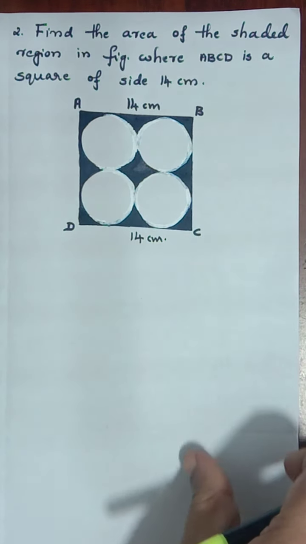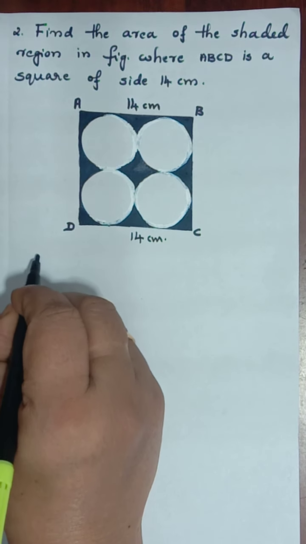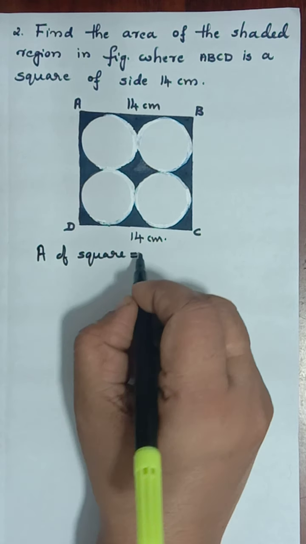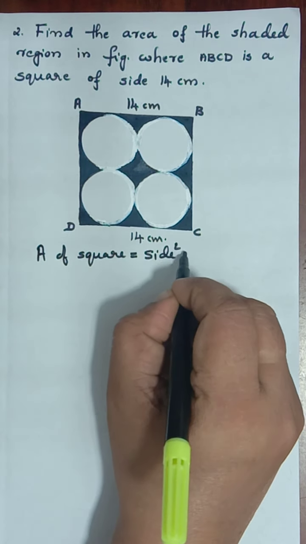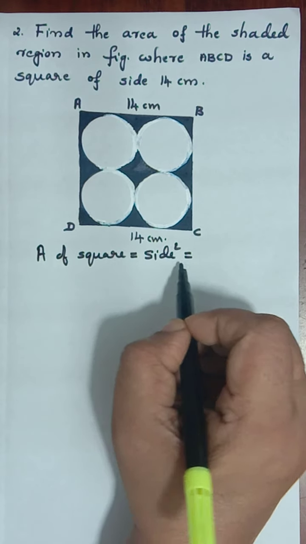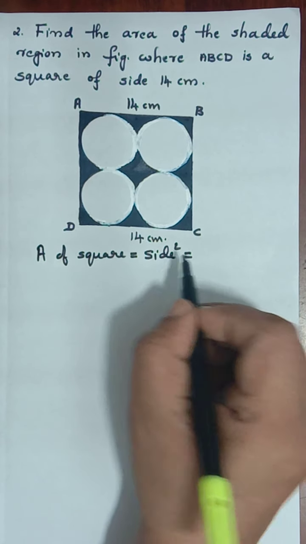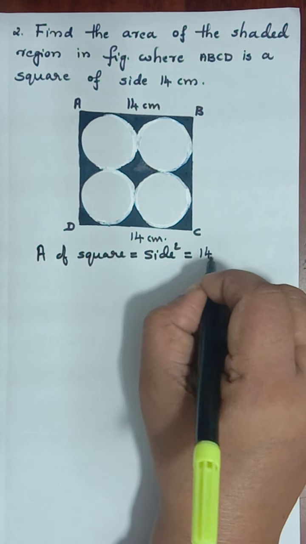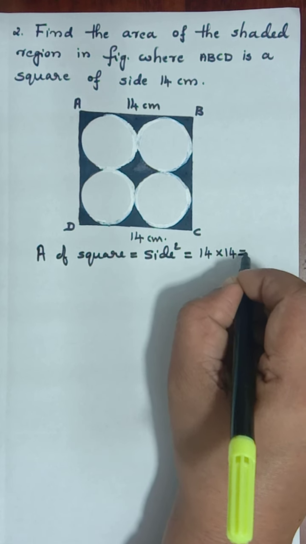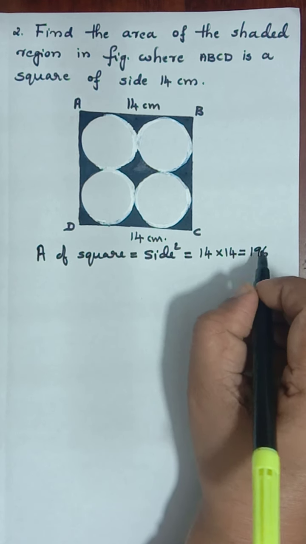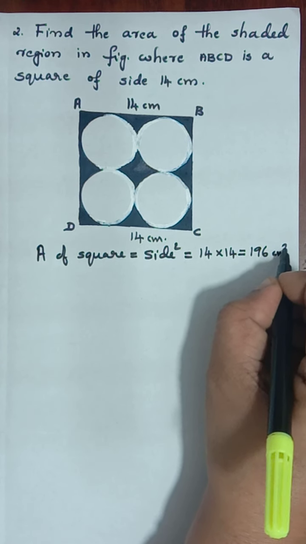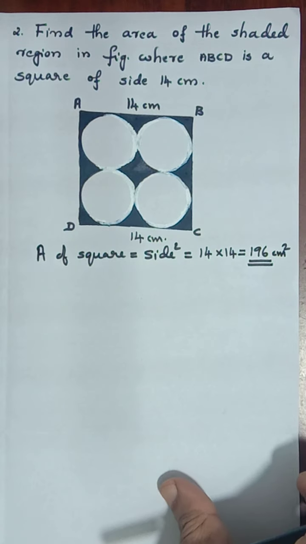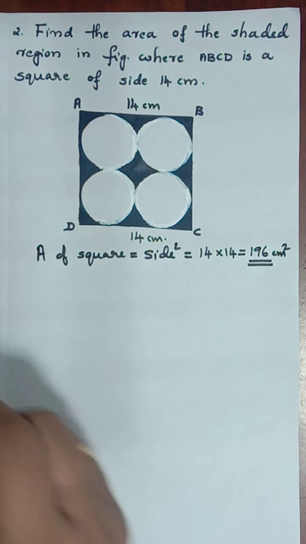So it's easy. First let us find out the area of the square. Area of square is equal to side square formula. You will know all the steps, but if you write them you will get the marks. Formula you will know, but you have to write it. Side square, so what is that? Equal to 14 into 14, that's equal to 196. It is in centimeters, so cm square. So this is 196 centimeter square. So stepwise you will get the marks, so each step is important.